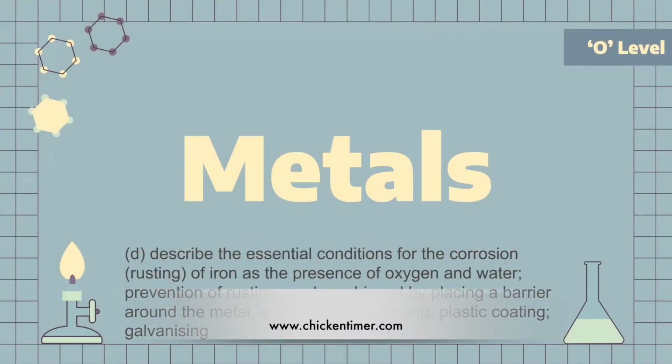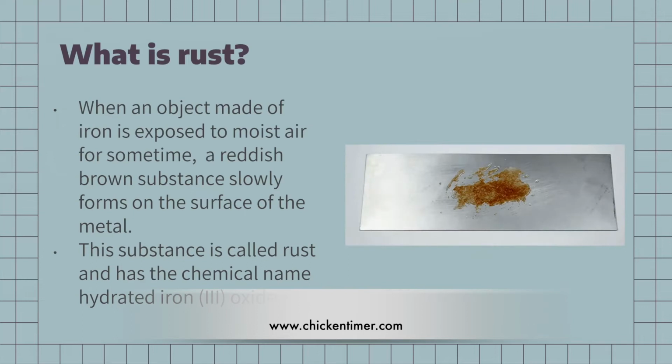So the next important part is about rusting. Do you know what rusting is? Rusting is like this. You have a piece of iron metal. You leave it around, like you see the image down here. Okay, so you leave a piece of iron metal around or leave a piece of steel around, just lying around